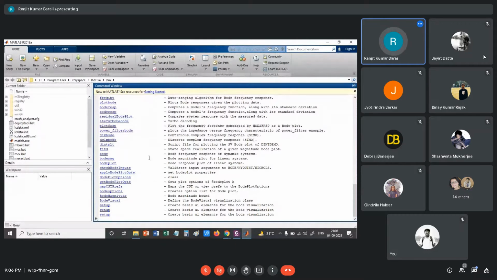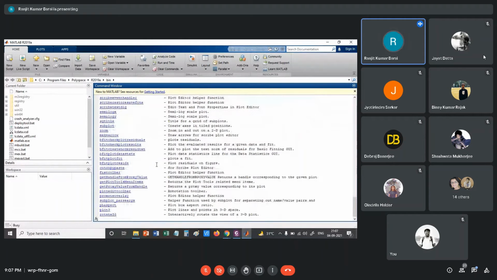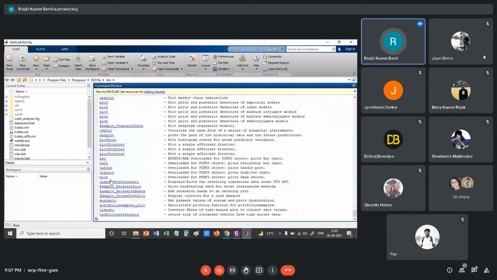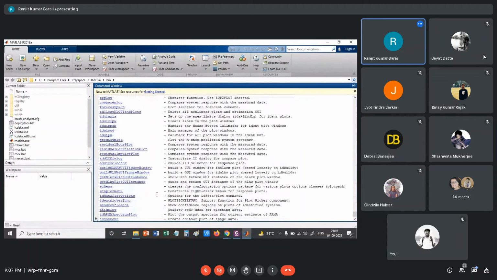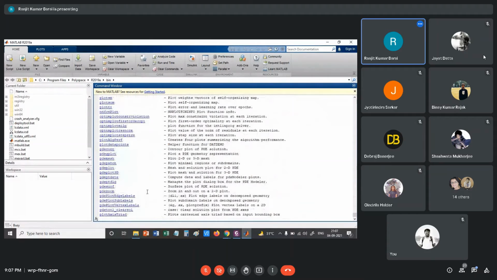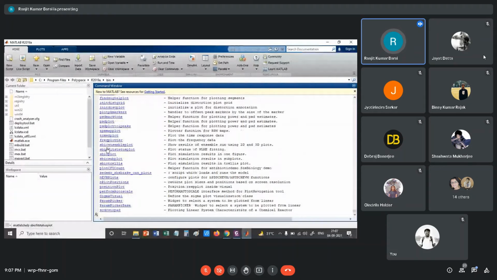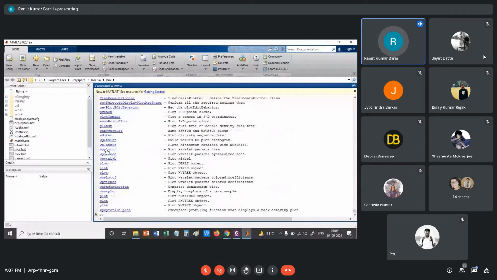See, lookfor bode, so many functions are there, hundreds of functions are there that use bode. Or lookfor, say, plot. So many plot functions are there. Suppose out of this, if you directly click over here, a hyperlink is given, so it will call the related web page